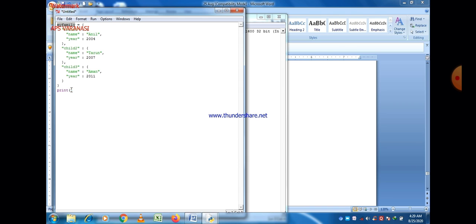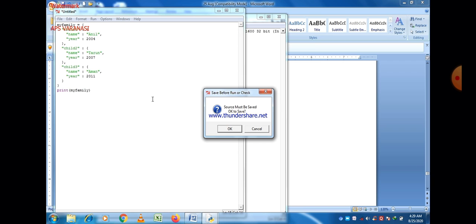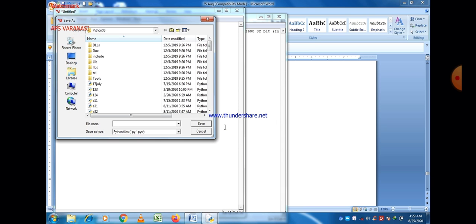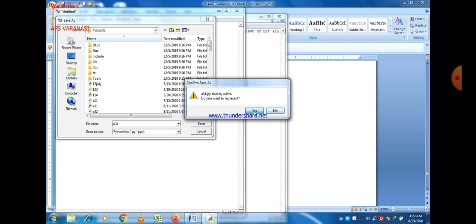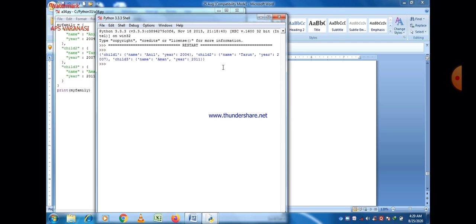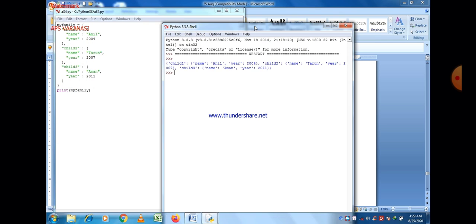And the name of the dictionary is my family, so print my family. Just run the program. Before that, save the program, give it a proper name, and that is the output you can easily see on the screen.